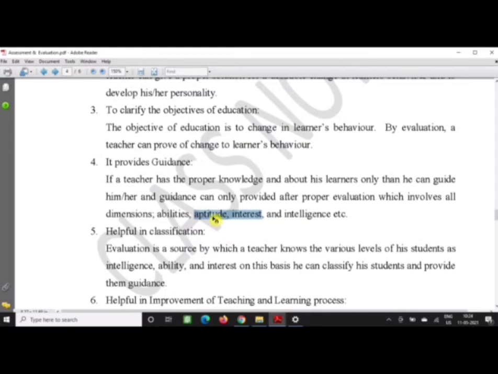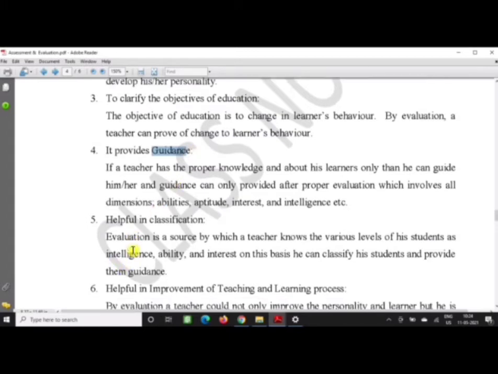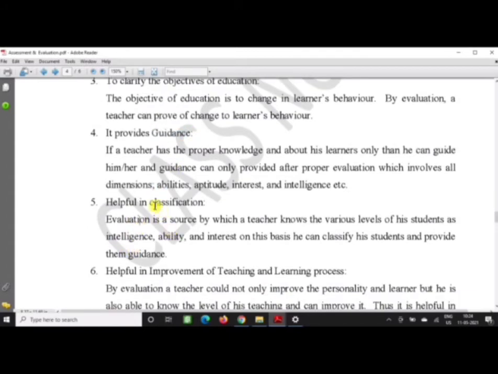There are different psychological tests that a teacher can use, or through observation also, the teacher can find out the aptitude and interest of students, and likewise other skills. For other skills also, the teacher can find out, and the teacher can help the students to undergo the profession or skill training that these students want to take up. So here guidance can be given accordingly based on their abilities, aptitude, etc.